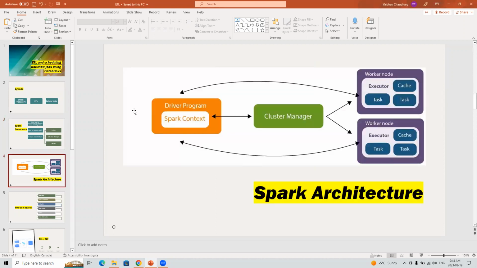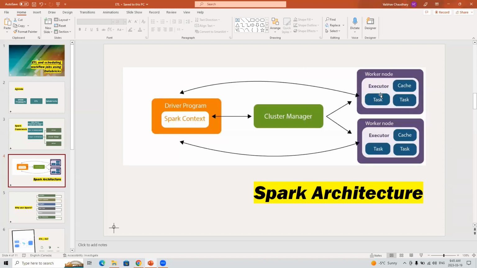So this is how this thing goes. A little bit of architecture picture, the driver program. The program is submitted to the cluster manager, and then the cluster manager will see, as per this program, how many worker nodes I need, right? So the cluster manager will assign them to the driver.